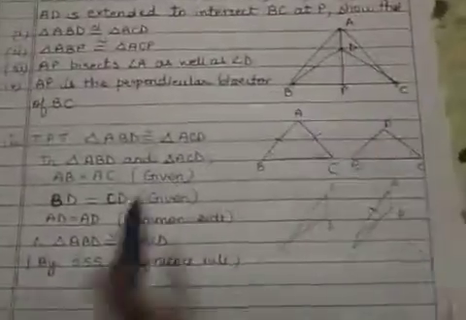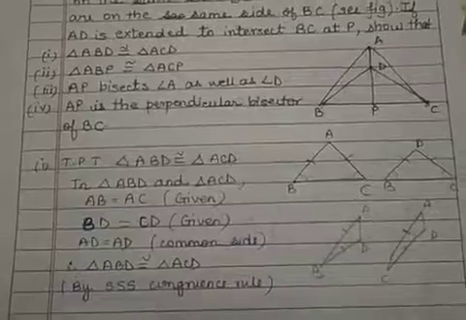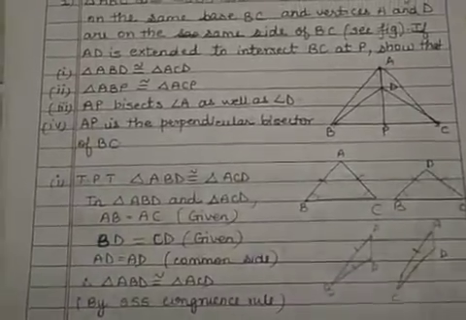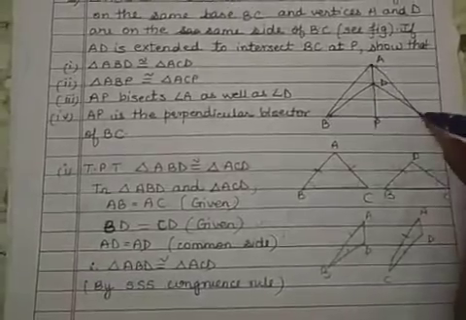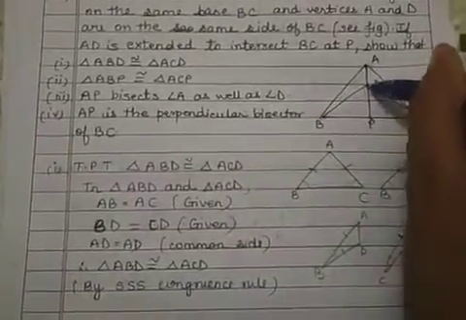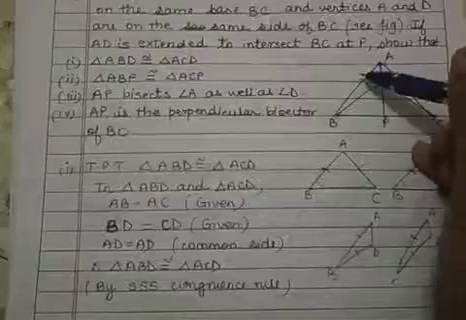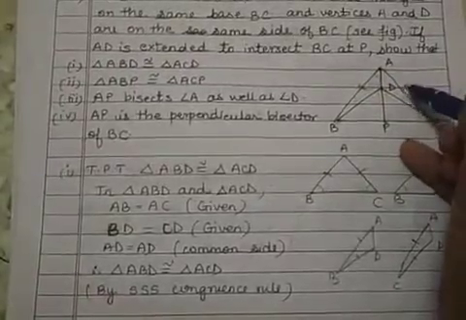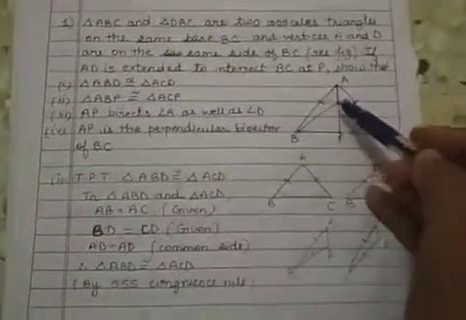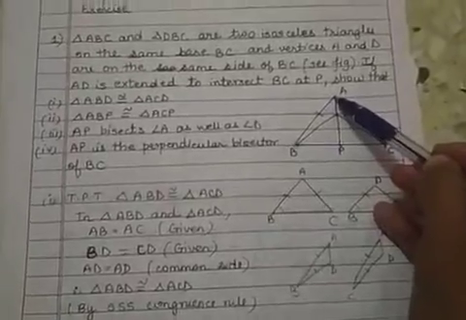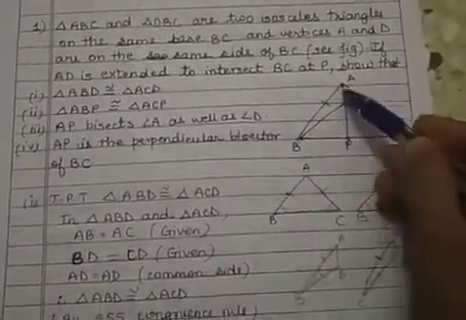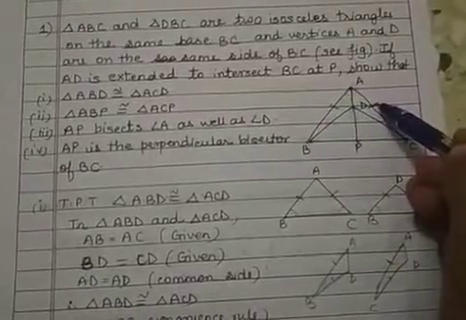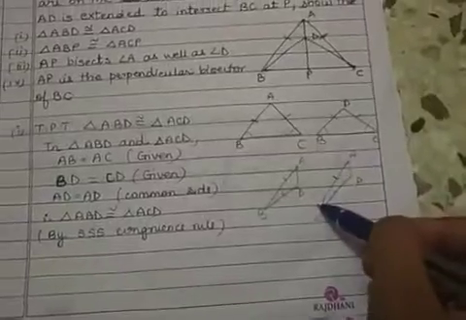Now we need three conditions to prove this. Let us take the two triangles. In triangle ABD and triangle ACD, what conditions do you know? You know that AB is equal to AC. What is the reason? Because it is given in the question that triangle ABC is an isosceles triangle. So your AB becomes equal to AC, correct?